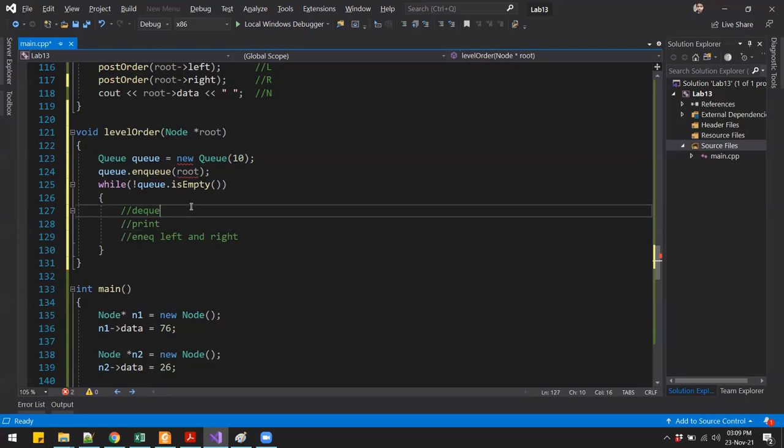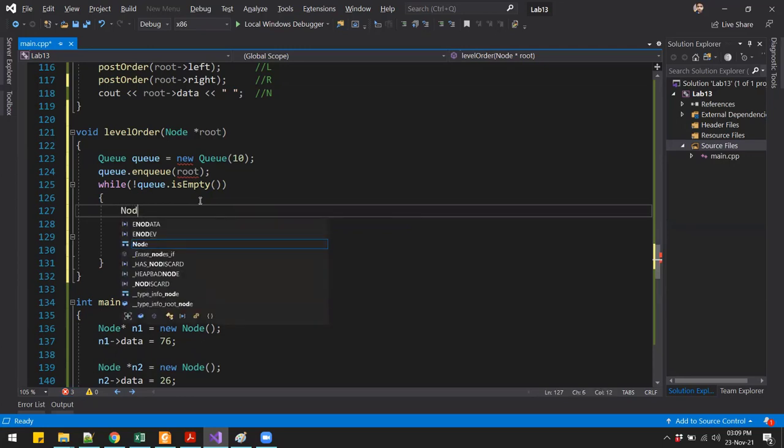Now we have to dequeue, so we will say queue dot dq, and this function takes a parameter. So what we'll do is we'll create a node over here and pass that to our function.